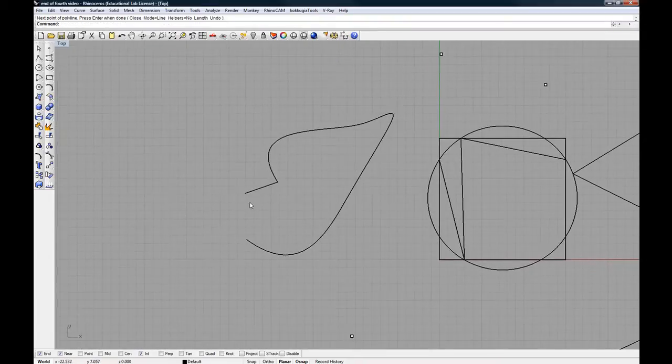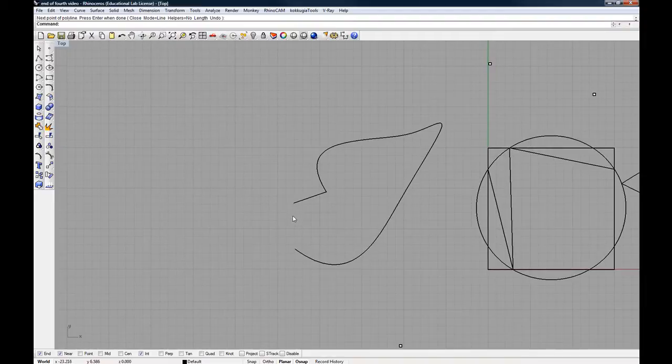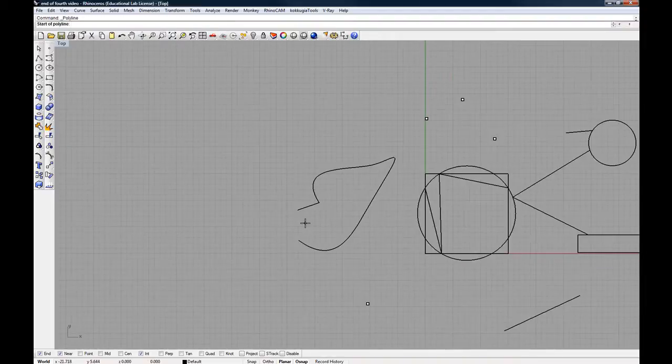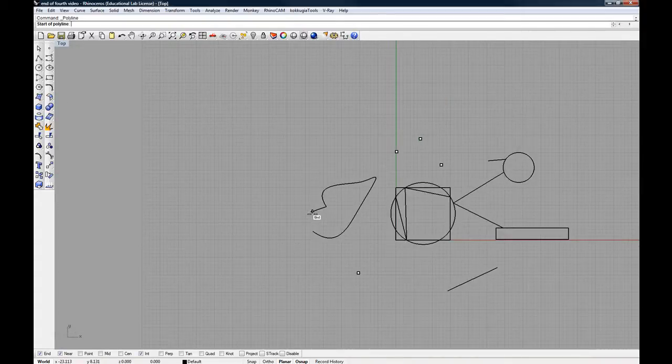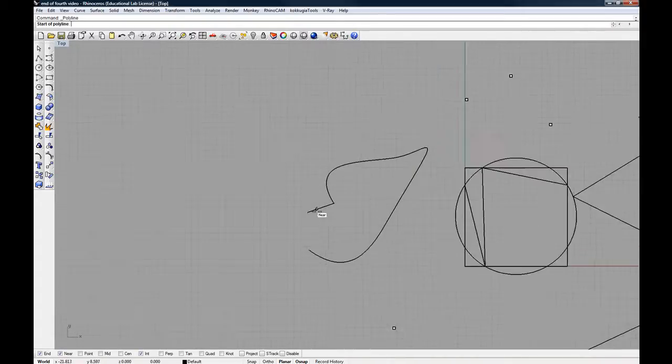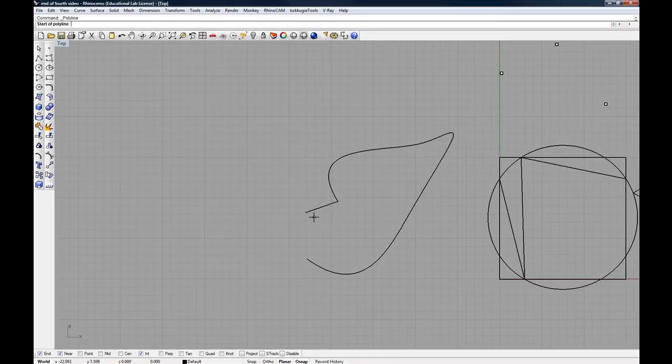Now, one of the things to keep in mind is the near snap can get you into problems sometimes. So right now I have my end and my near snap both enabled, and I want to start my line at the end of this line right here. But you'll notice that the near also pops up sometimes until I actually get to the very end of that